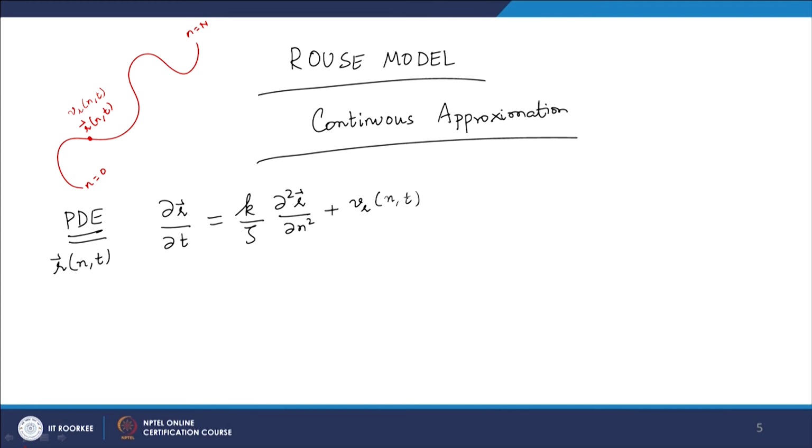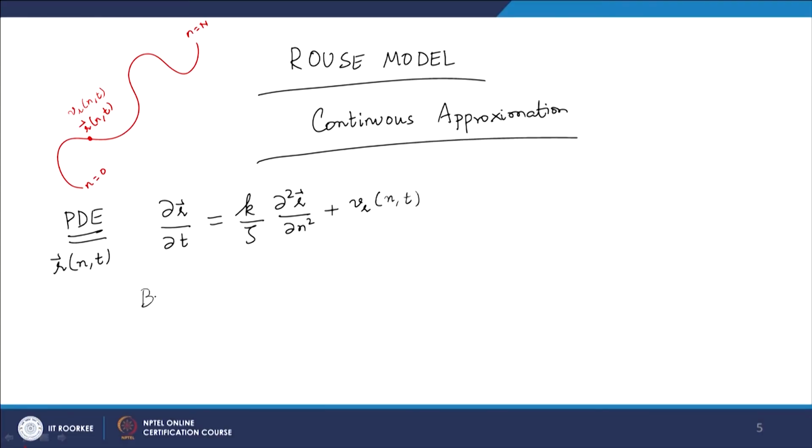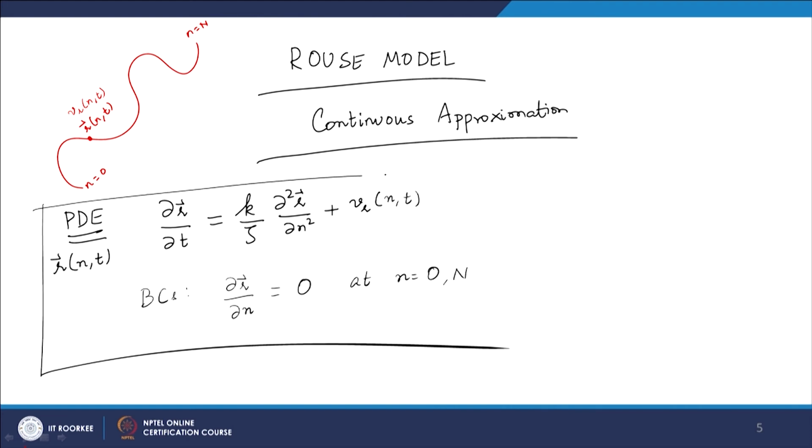So, for every value of n, we have to find a new random function, or it is a continuous random function that would change its value as n is changing. Okay. With the boundary condition ∂r/∂n equal to 0 at n equal to 0 and capital N,